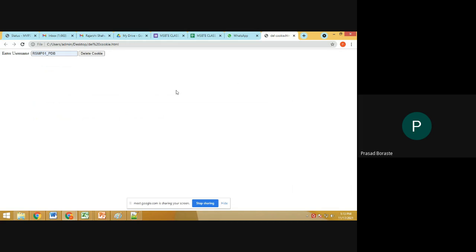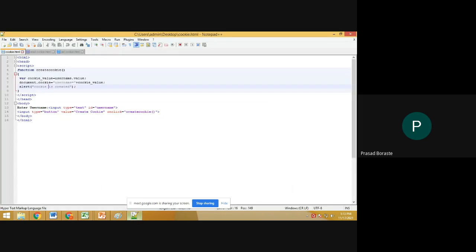Again, one example I am showing, so that the idea will be clear. You can also extend the life of a cookie by setting a new expiration date to the cookie. You can also increase the cookie expiry date. This can be done by setting the expires attribute to a new date and time.